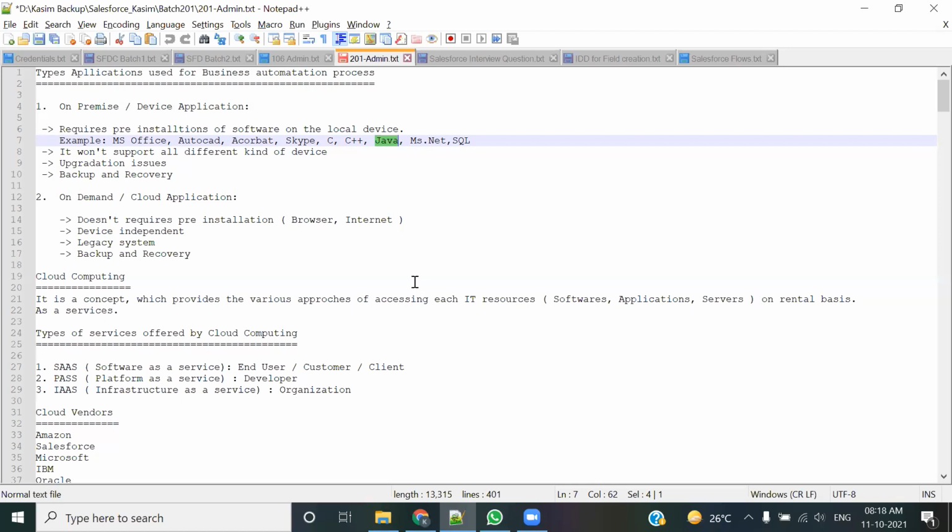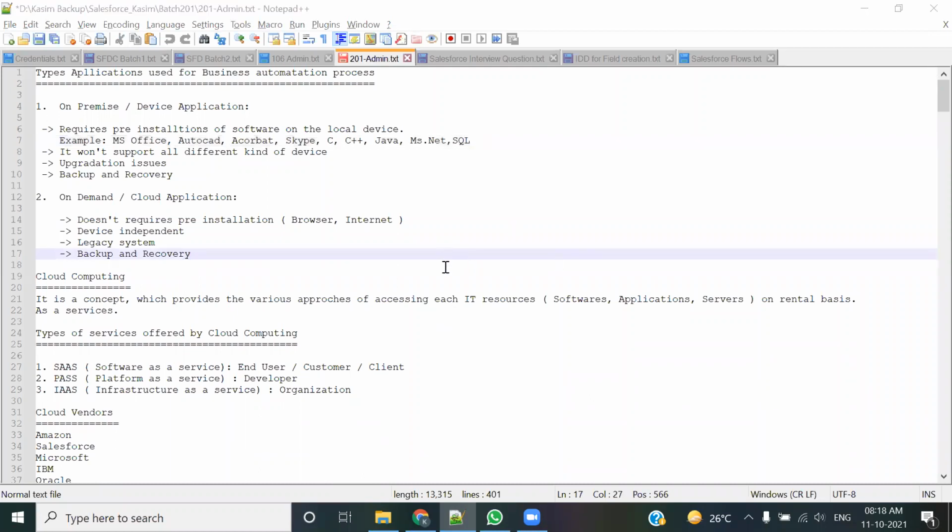If you have done Oracle, you need to install Oracle, either 10i or 11i, whatever you require, along with SQL and PL/SQL. Every kind of software that you have used so far, whether on your mobile, tablet, desktop, or laptop, everywhere, whenever you install that software and then only use it, such applications are called on-premise applications. And this category is very common to us. All of us have probably installed some software and then used it. So this is a very common thing.